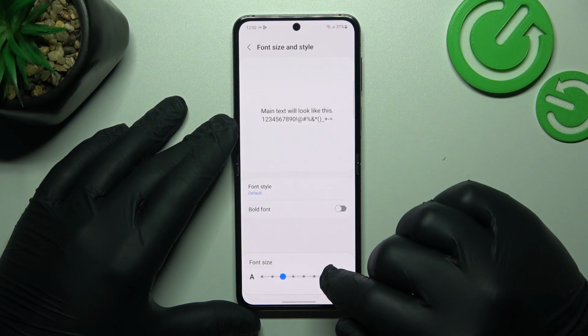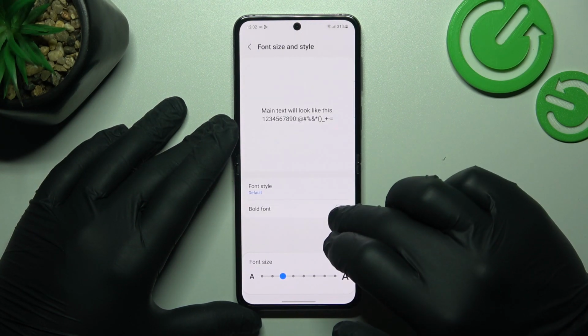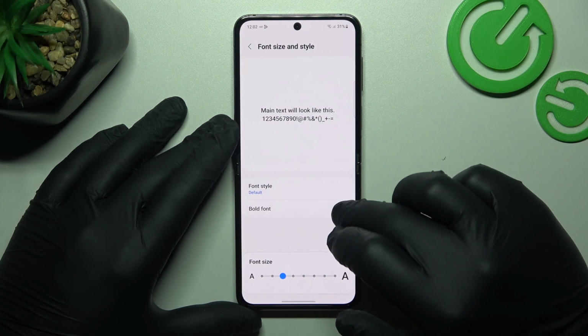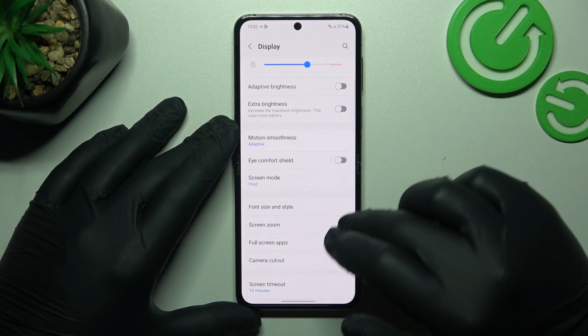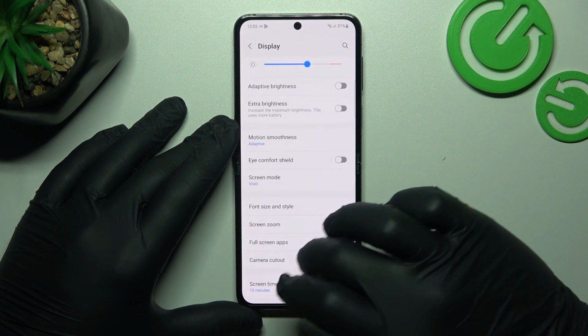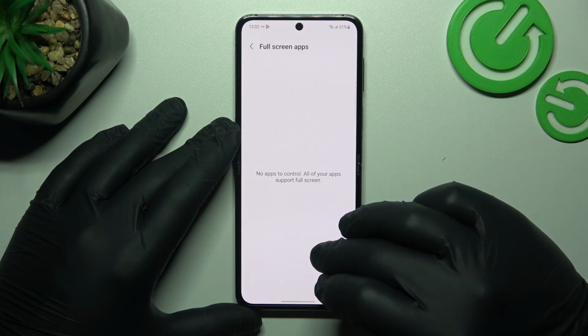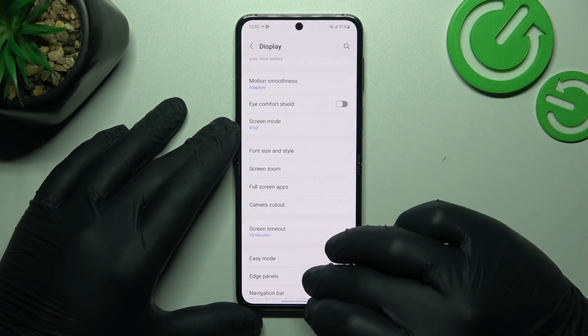Then we can change font size and style, enable or disable bold font, and then we can change screen zoom. Next we can enable full screen mode for apps, hide notch,